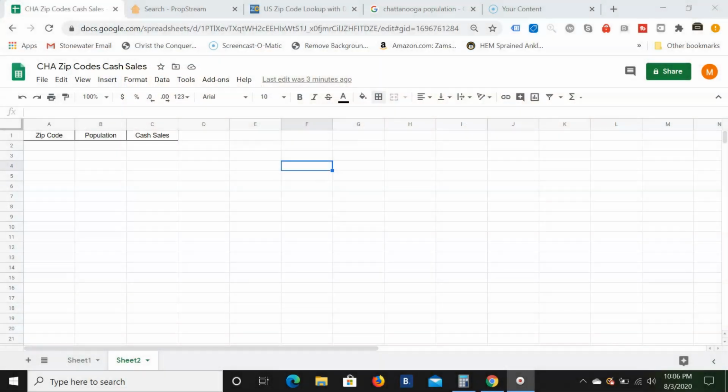So number one, I'm right here on Google Sheets and I just made a simple spreadsheet. Chattanooga zip codes, cash sales. I have three columns: zip code, population, and cash sales. So zip codes are obviously the zip codes in a particular city. Now I'm going to look at population, how much population is actually in this city, and then we're going to look at the cash